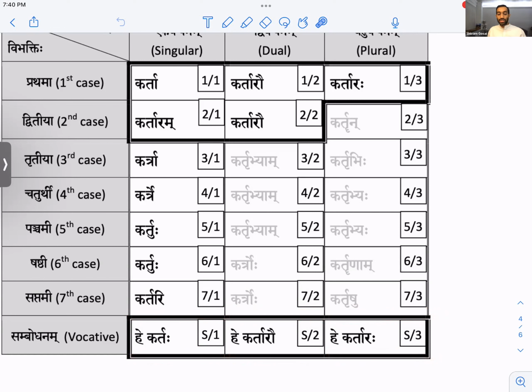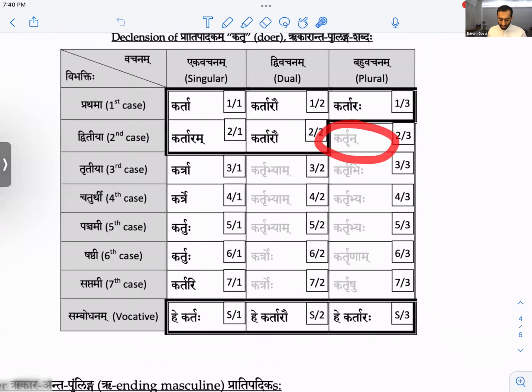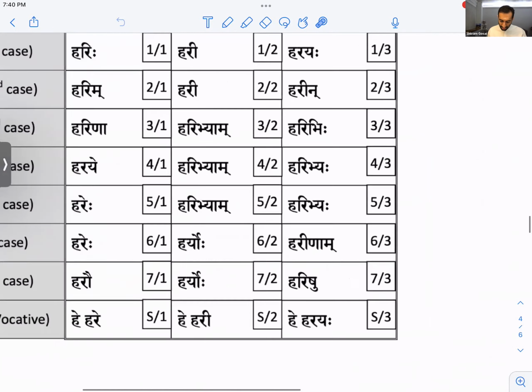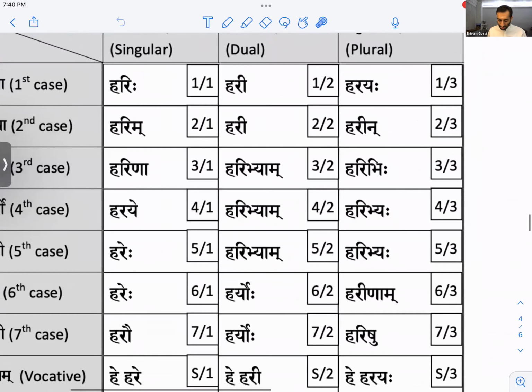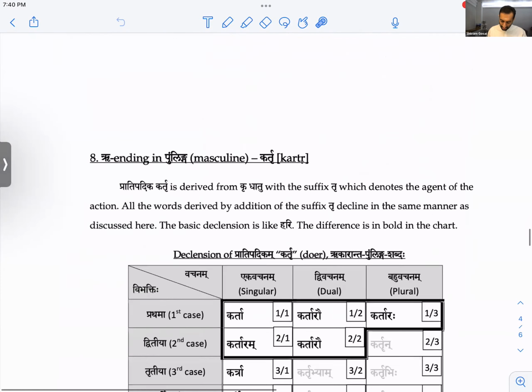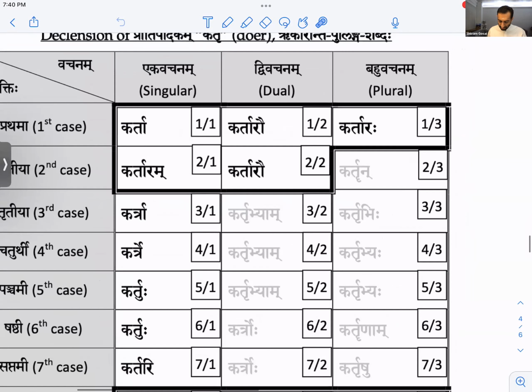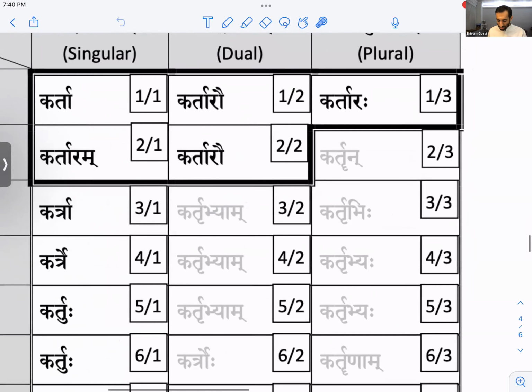Okay, so this is one of the more tricky ones, right? So first thing we want to note is that you see, like, it's like Guru Shabda or Hari Shabda, either one. In 2-3, Hari, short i becomes Harin, becomes long ee, right? In 6-3 also, Harinam, right? You see how it becomes long ee? So similarly, the same rule applies here, that in 2-3, this vowel becomes long.